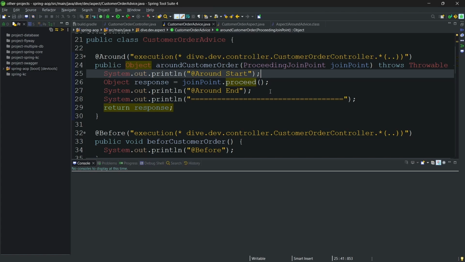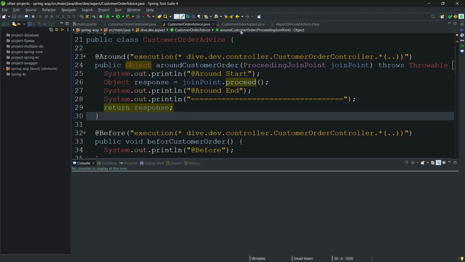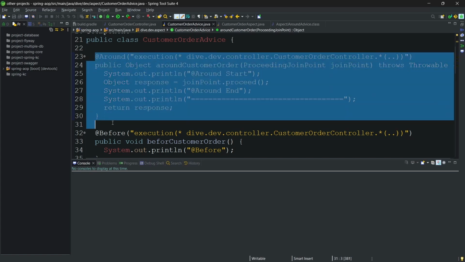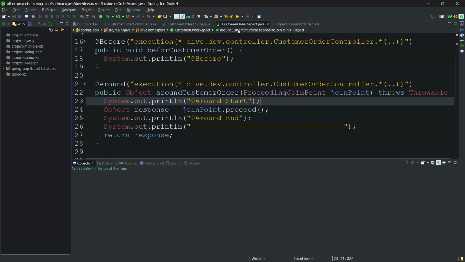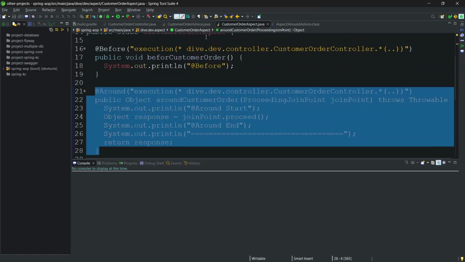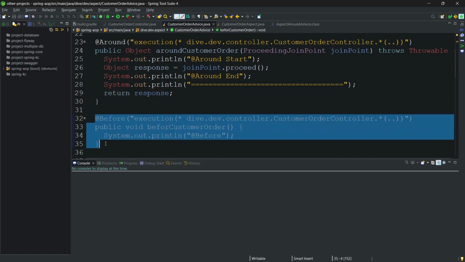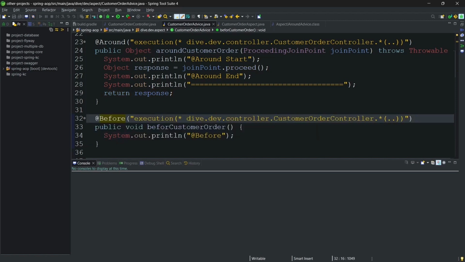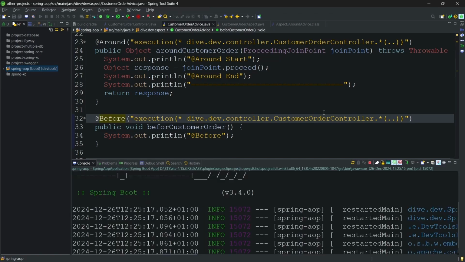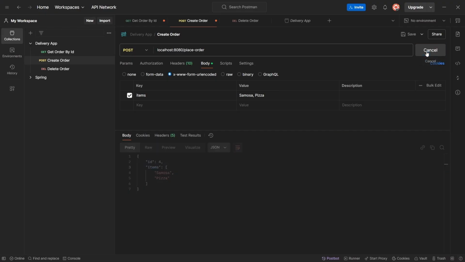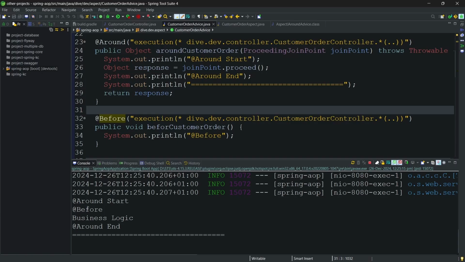In this video, we'll see the behavior of the around advice. I have just copied the same method or the advice as was from the earlier code. I have also added the before advice as well, just for the test. Let's start the application. When I try to create an order, we'll be able to see here the same order